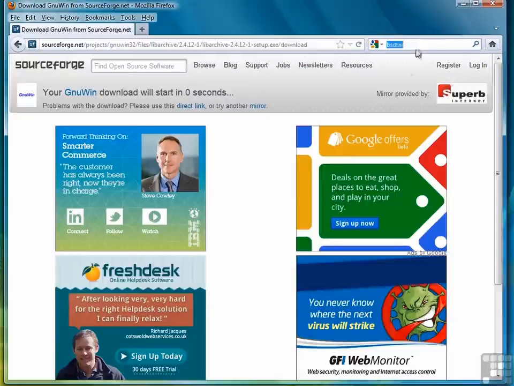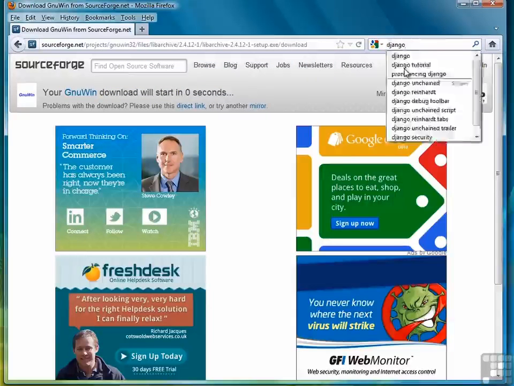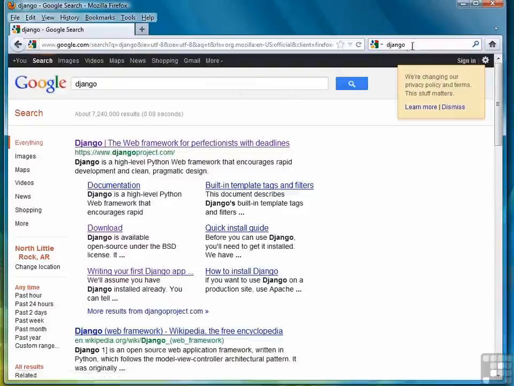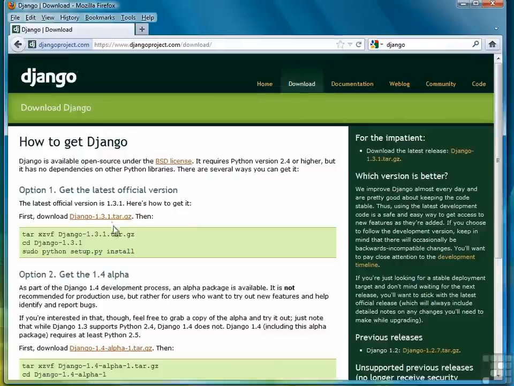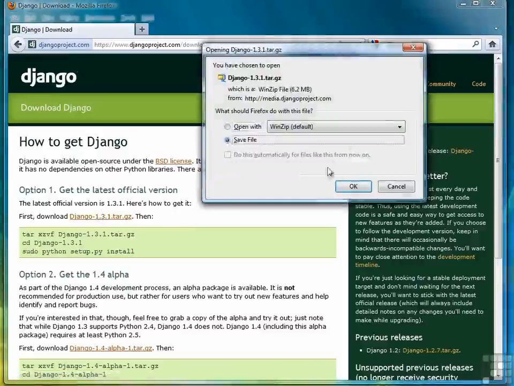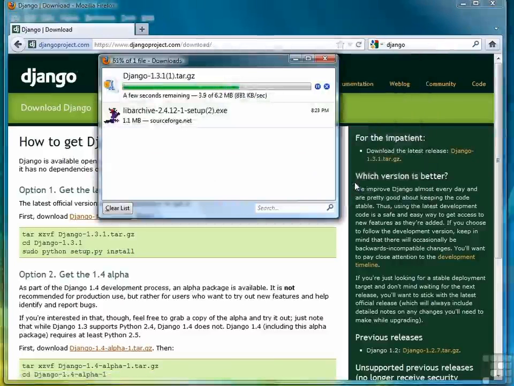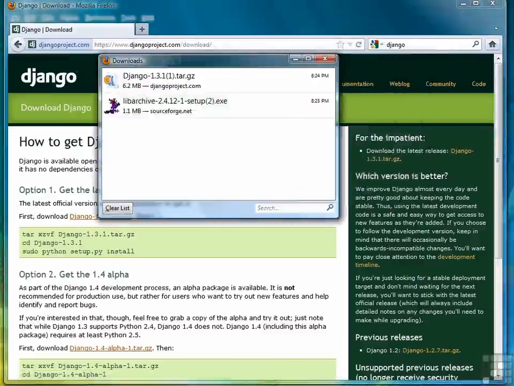Next step is to get Django. So Google Django. First link, the web framework for perfectionists with deadlines. Click it. Click download, or select it over there. Select Django. Save the file. To save a step, I've already saved it to my hard drive. And where I saved it was the same file